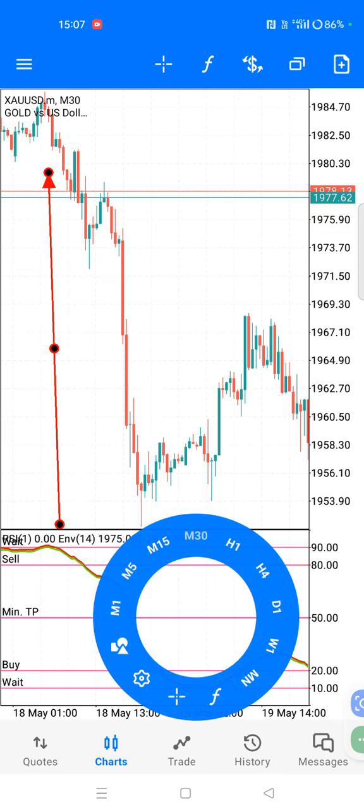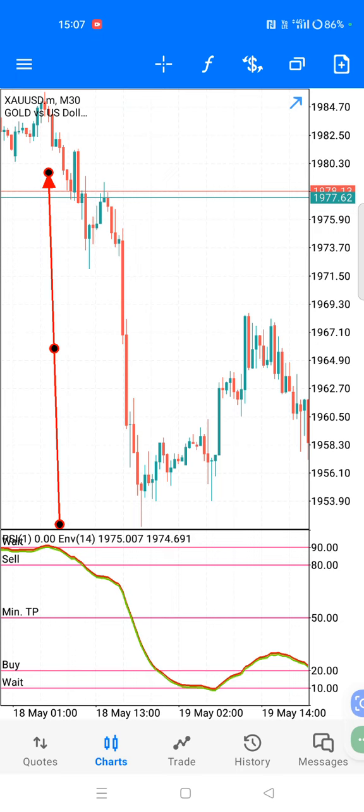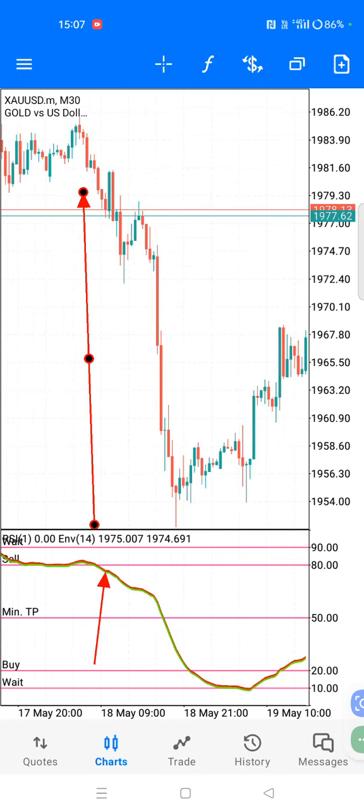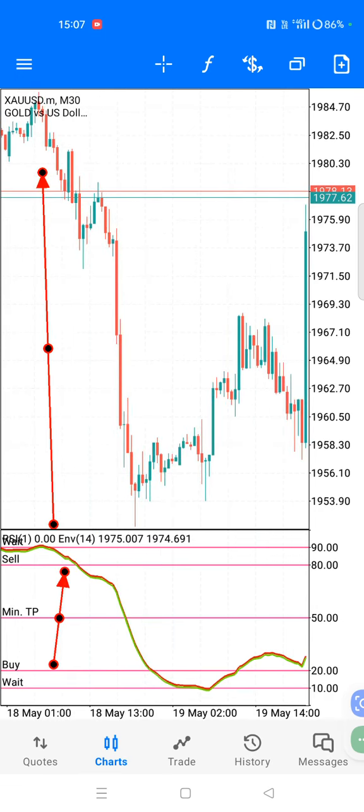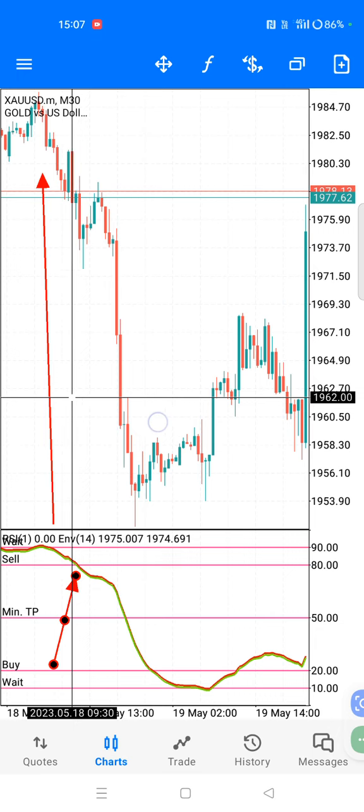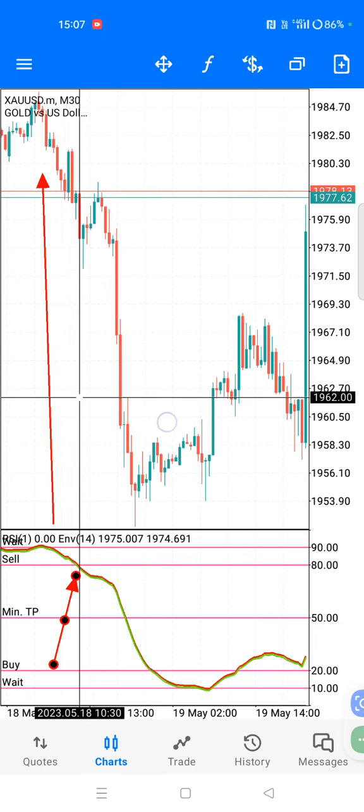Okay, for gold, it started to sell off around here. Okay, it sold off around here. So it crosses the sell at this candle. Okay,